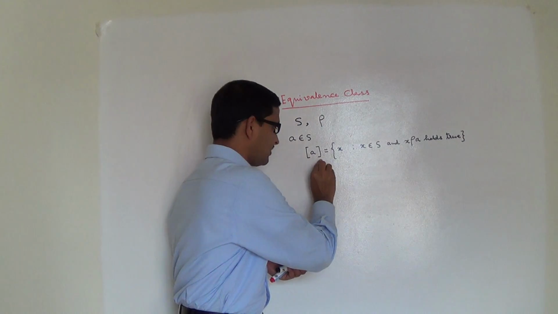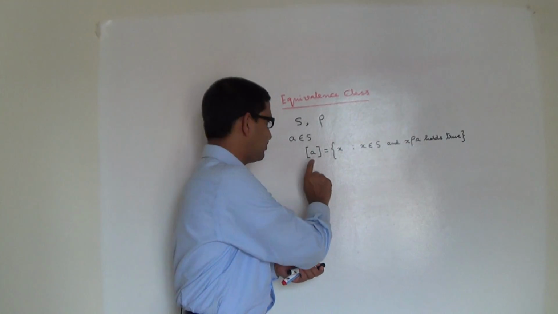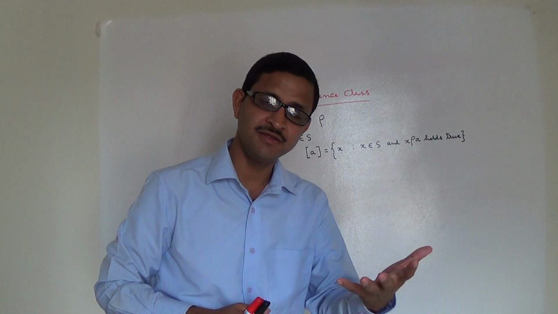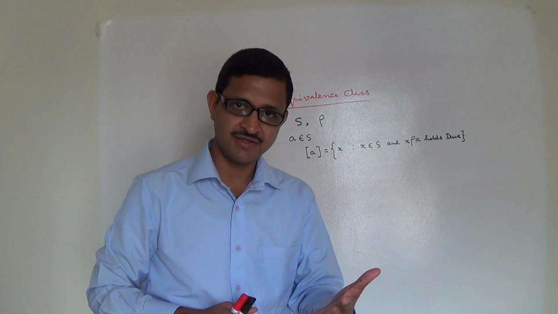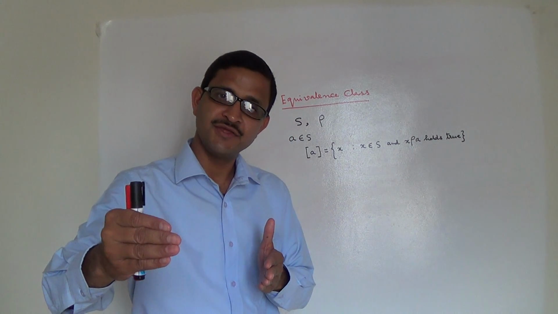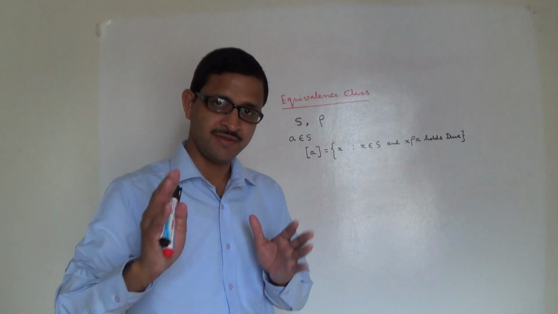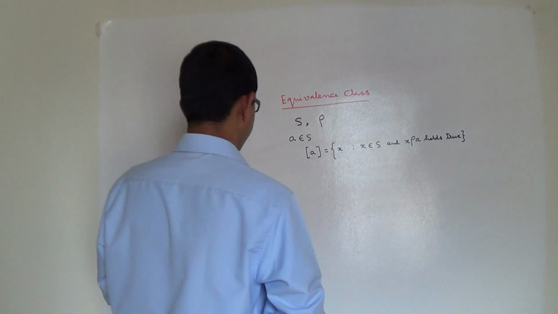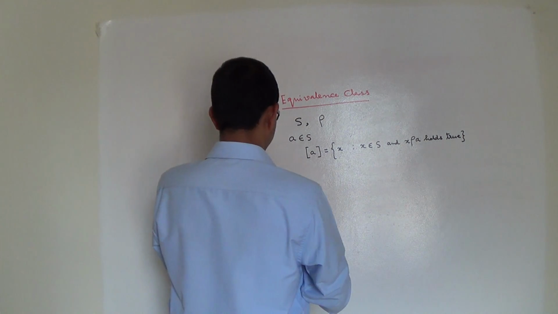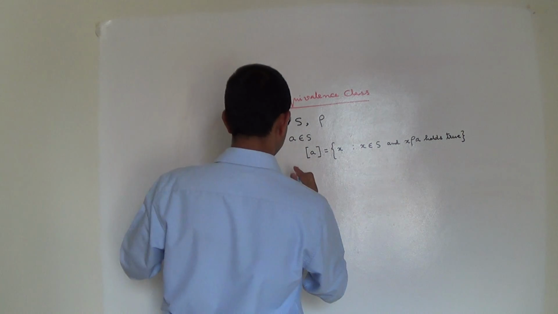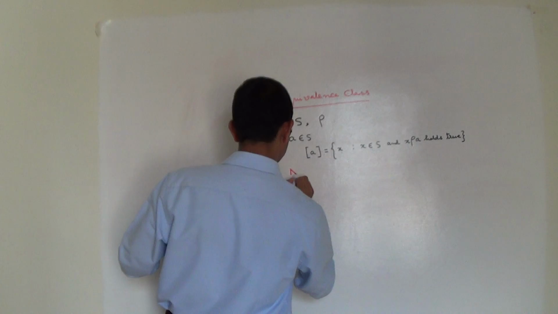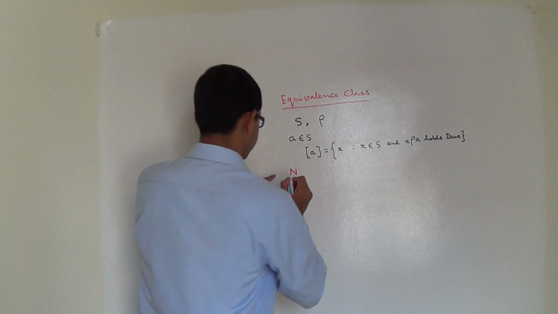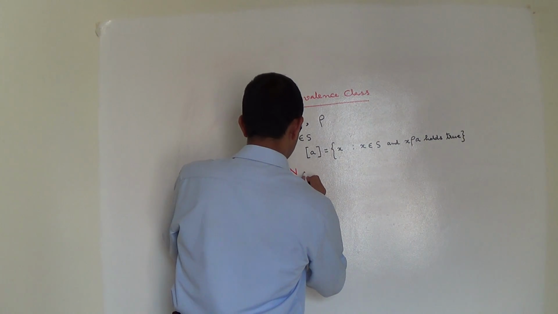So this is called the equivalence class corresponding to the element A. Similarly, for the other element B of the set A, we can construct another equivalence class. Let us understand by means of an example. Let us consider a set capital N, the set of all natural numbers. And a relation